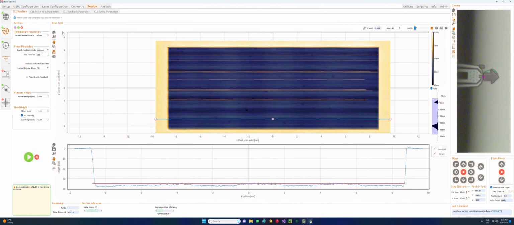So we could run this again with this 3.75. And we hope to get a better result.